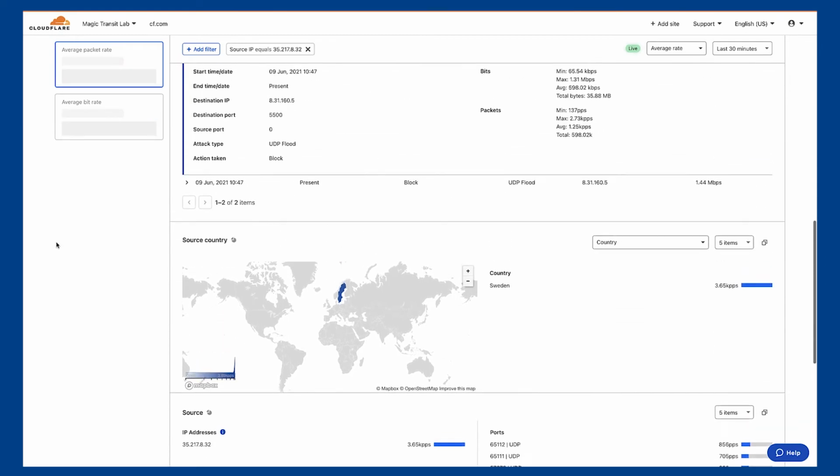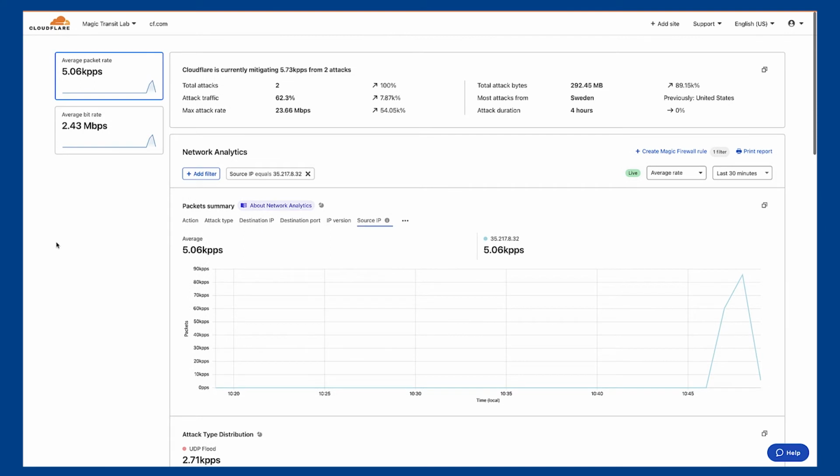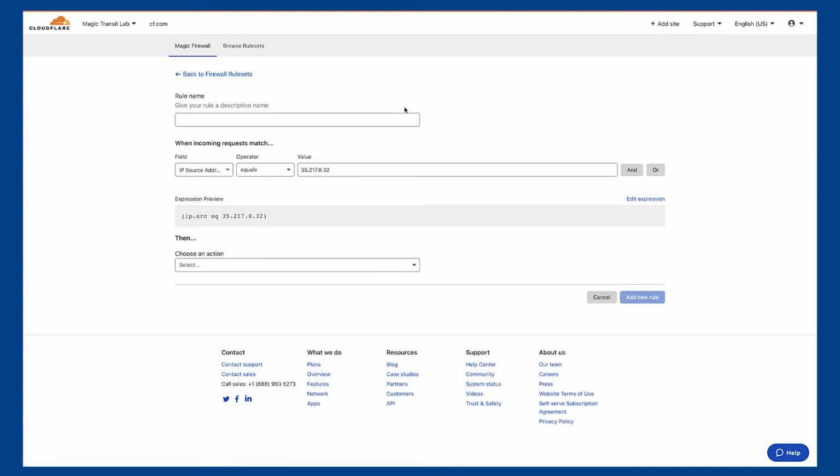The DDoS protection you saw is a default broad protection for your entire network. For more granular and precise security controls, we can actually go into the Magic Firewall. Magic Firewall can be accessed straight from the Analytics dashboard to write some rules to stop traffic outright. Since we already have a filter on our attacker's source IP, we can actually just press the Create Magic Firewall Rule button and it will bring us into the Rule Create wizard, with our filter already populating the rule.